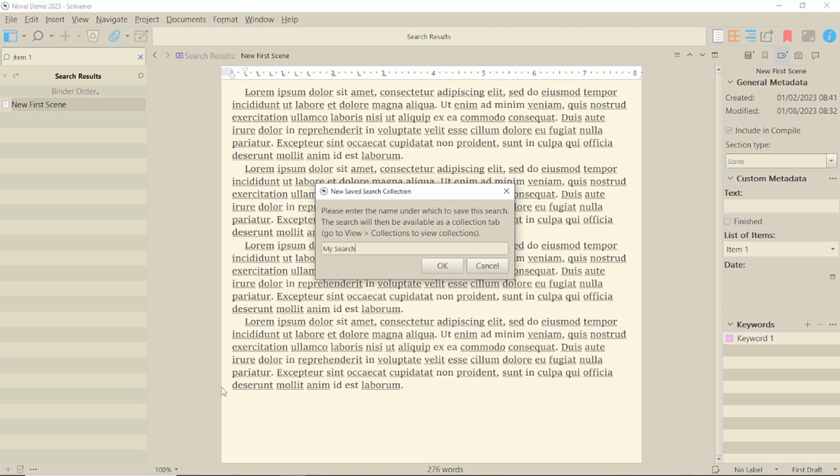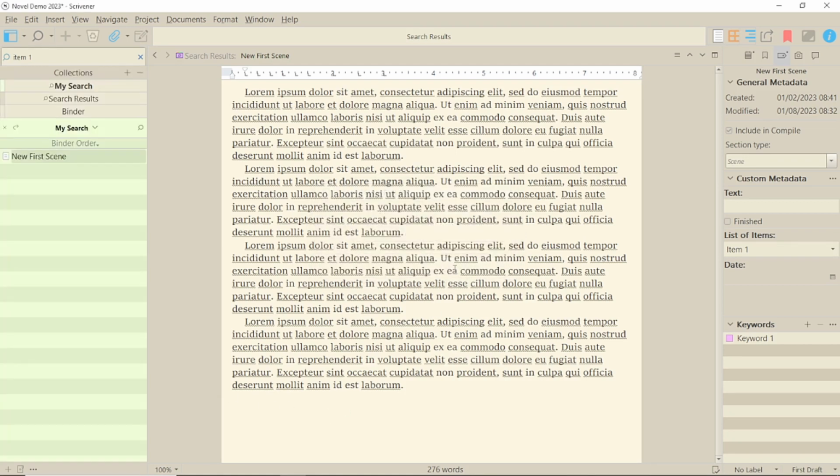You may not want to call it the search term though, because you can actually change that if you want just by clicking in the search box with the collection active. If you want to change the colour of the search collection, just use the pull-down menu beside the name of the collection. We'll be covering more about collections next time, but this screen is probably a little confusing, so let's deal with that.